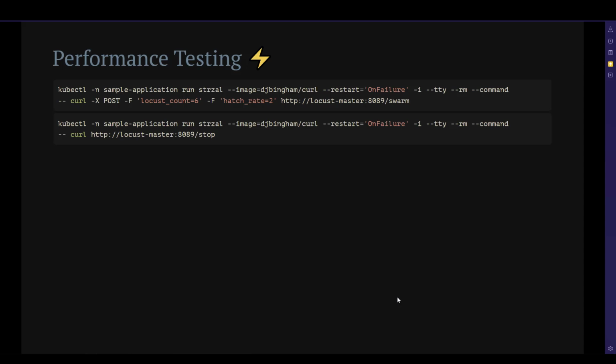So if you run this kubectl command, it will create a pod where you can attack the instances. And then if you want to stop the attack, you can run the stop command. So we are going to use these two commands so that we can see what's going on when the performance testing is running. We can use SigNoz to observe what's going on in our infrastructure. Now let us start with a quick demo.